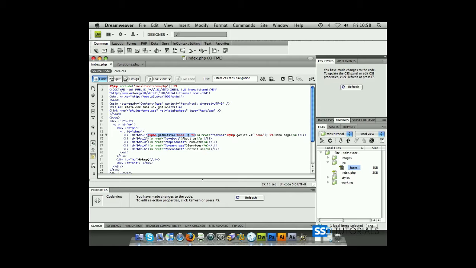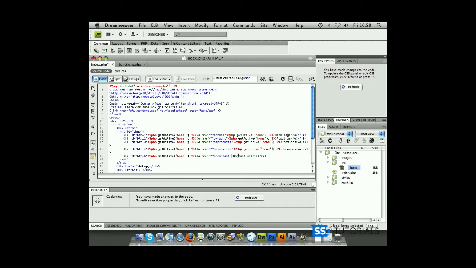Let's apply the same thing to all other buttons first. Then we're going to rename them. Okay, so about, and about, products, services,